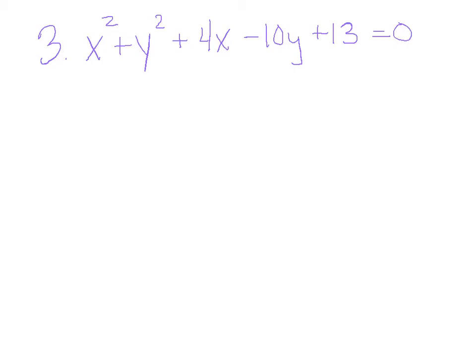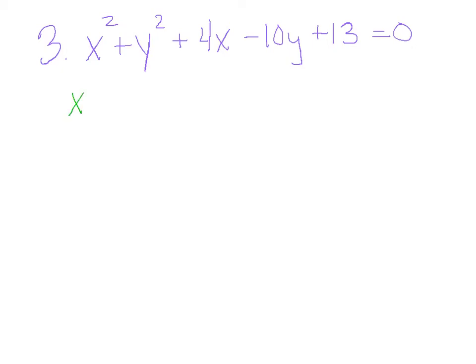I have x squared plus y squared plus 4x minus 10y plus 13. So you'll notice this is just a tad different from the last one, but pretty darn close. Still pay attention, we've got a circle, x squared plus y squared. However, this time I already have it equal to 0. I moved the 13 over on you. So we're going to do 2 things. We're going to move this 13 back to the other side and group the x's and y's together at the